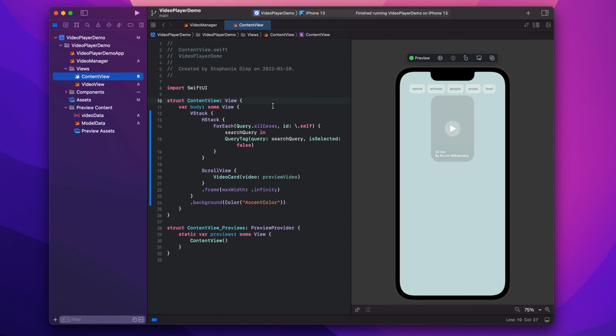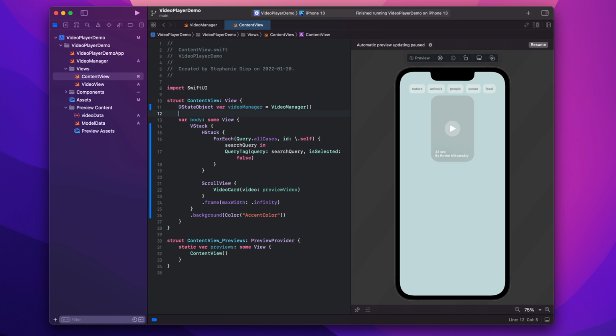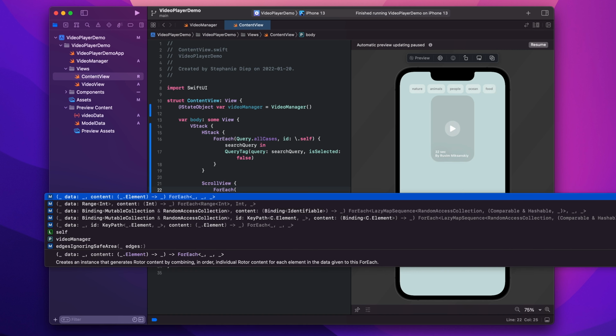Let's initialize our VideoManager class as a state object in ContentView. So let's go to ContentView, and before our body variable, we'll create a StateObject var videoManager equals to VideoManager with parentheses at the end so that we initialize an instance of VideoManager in this view. Now we want to see if we do get the videos we fetch from the API. So instead of showing one video card inside of the scroll view, we will iterate over the array of videos from the VideoManager. So we'll do ForEach, and we will call our